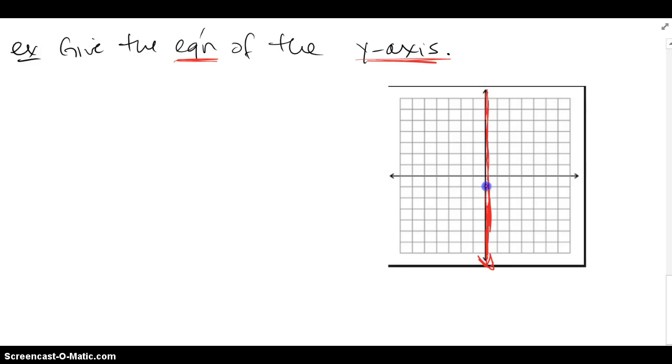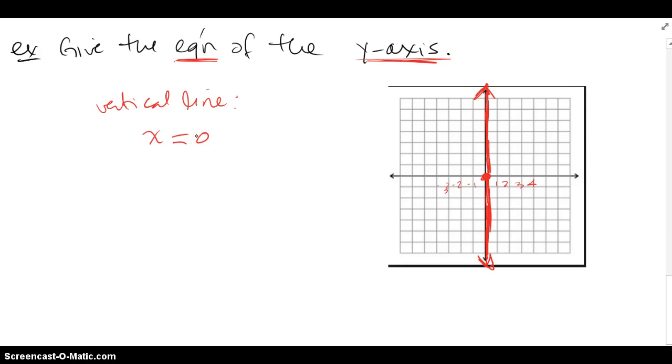So it's just a line, and since it's a vertical line, we know that it must be x equal to some number. Remember, vertical lines have equation x equal to some number. Well, what is the x value that this vertical line goes through? Here are positive x values to the right, here are negative x values to the left, and it's going through this x value that has a value of